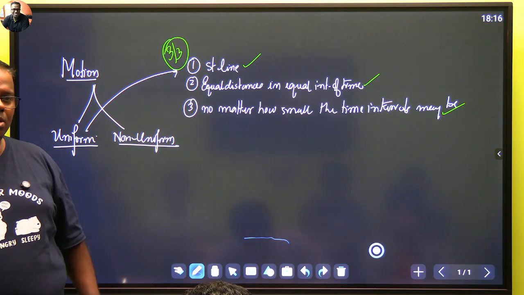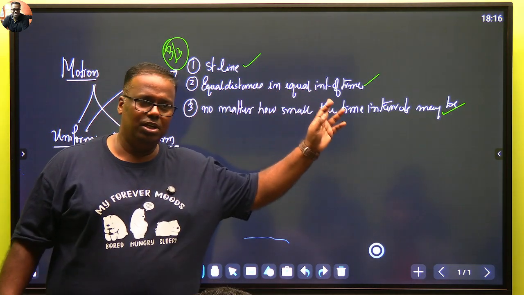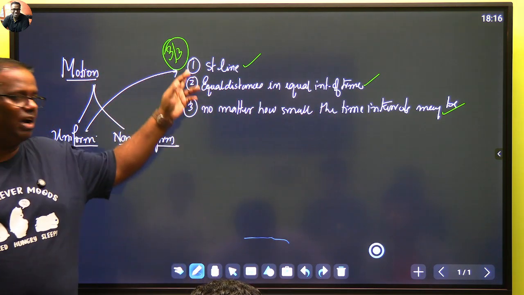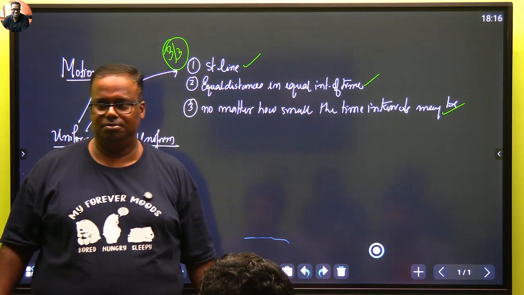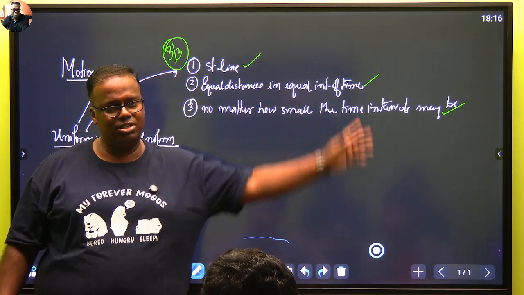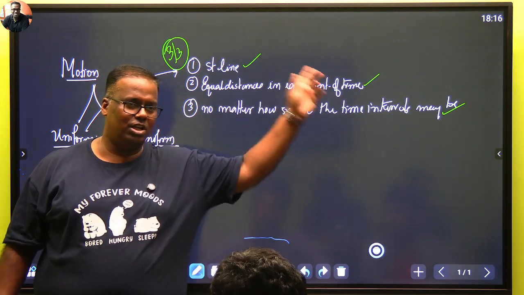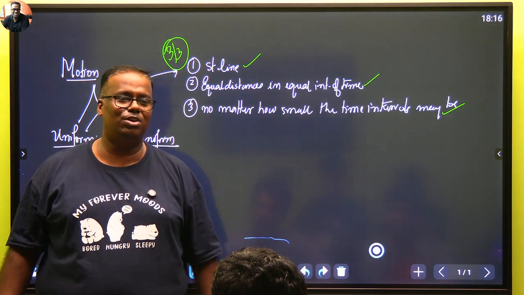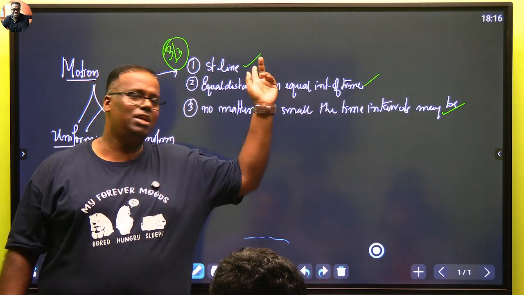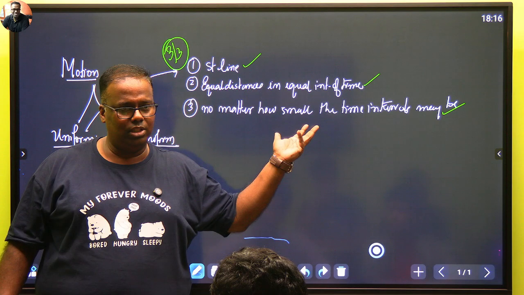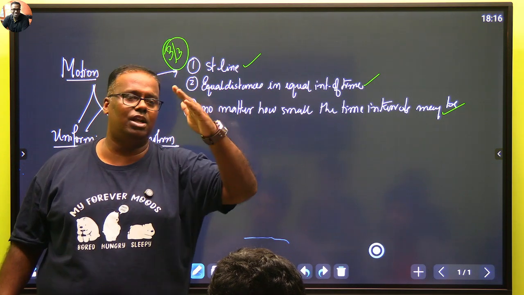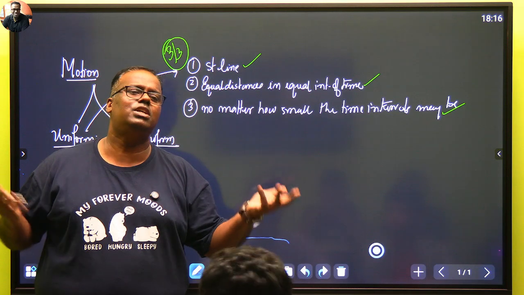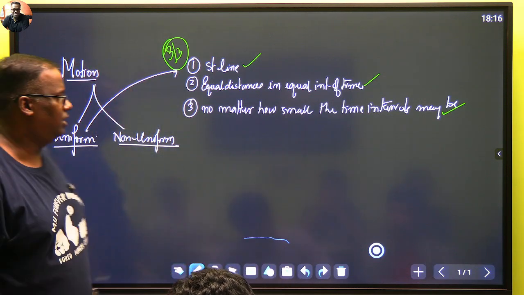मैं होने से क्या लिखूंगा पता है, a body is said to be under non-uniform motion if it does not observe either of the following: does not travel in a straight line, moves in a straight line, covers equal distances in equal intervals of time, no matter how. 1 में अगर फेल हो गया तो 2 और 3 देखने की जरूरत ही नहीं है। 1 में कैसे फेल होगा, कर्व में जा रहा है, कर्व में जा रहा है तो सुवेट ही नहीं है, वेलोसिटी चेंज हो रहा है उसका, है ना, राइट।